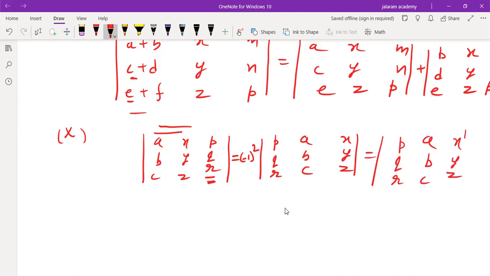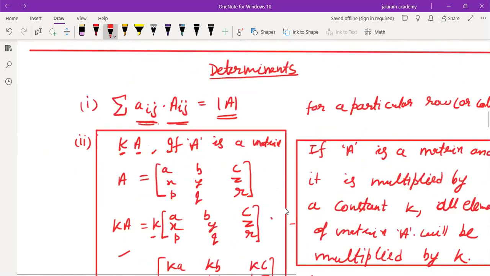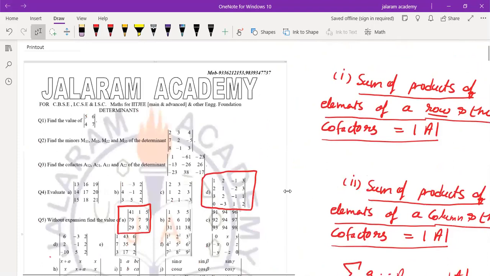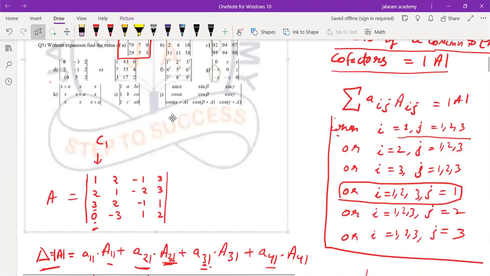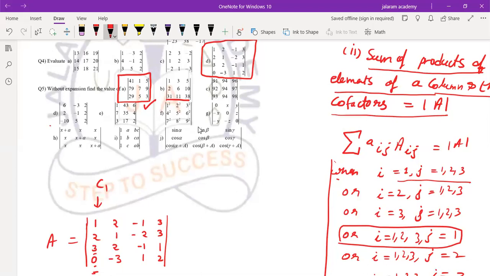This property can be understood by examples only. So we will discuss it in the next sessions while we use these properties. So we can solve any determinant by using these properties, as we have discussed one of them. Similarly, you have to solve question 5 using the same method. Like in this part B, use the properties of determinants to find the value without expansion. One I have discussed during the discussion of the properties.